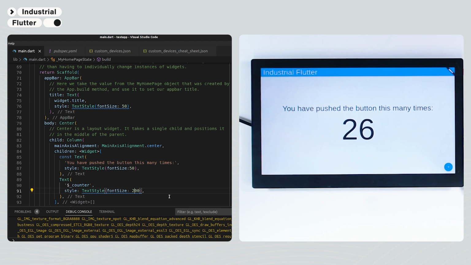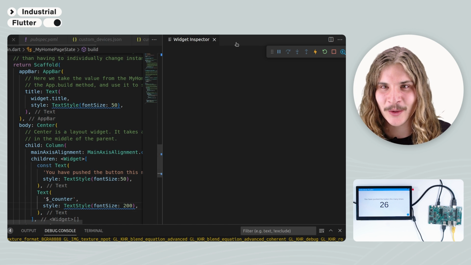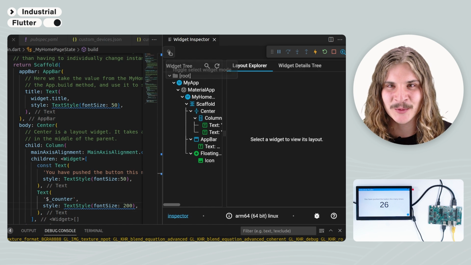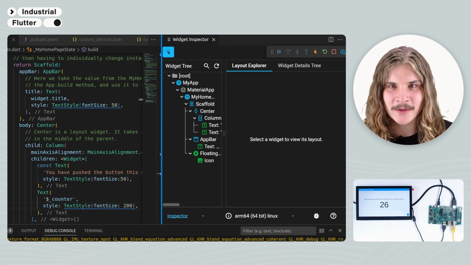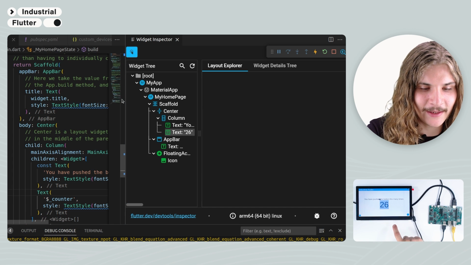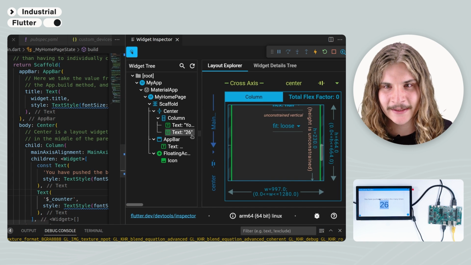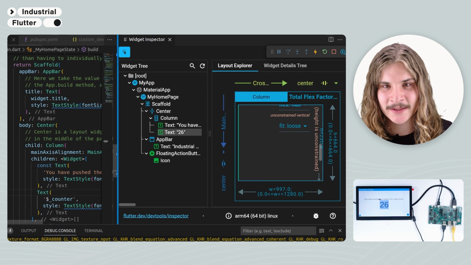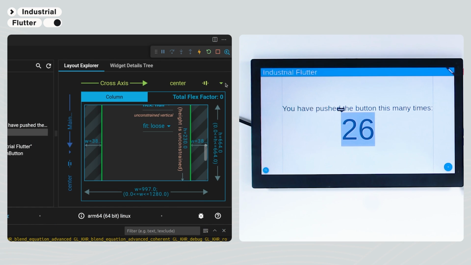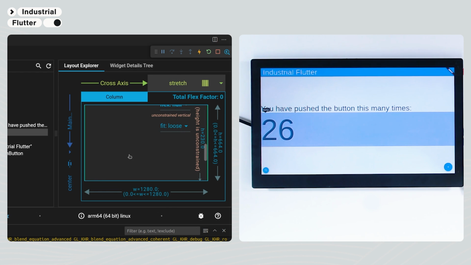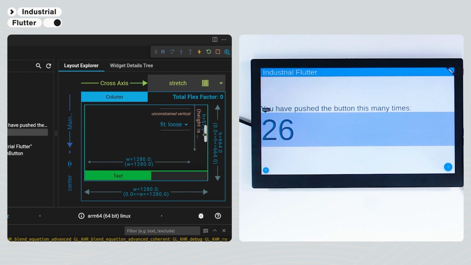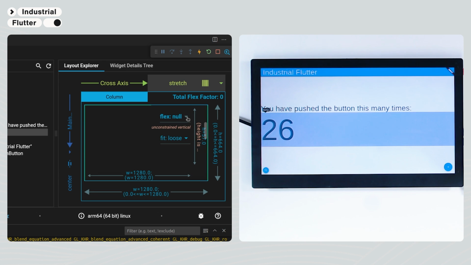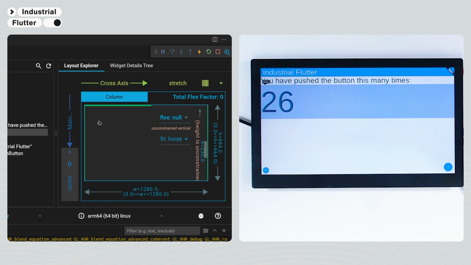That's more like it. And let me show you the widget inspector. This is a neat little tool. When debugging, you can select widgets and it will show you where the widget is inside the tree. It also allows you to do things such as change the layout, play with things a little bit, just for debugging purposes. Change these settings. I don't know if they're going to make much of a difference. This one should.